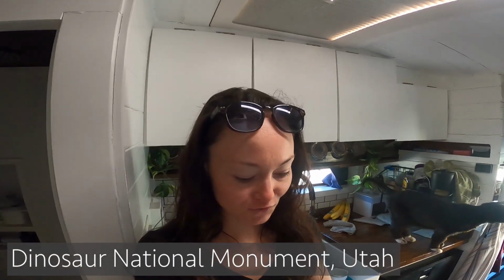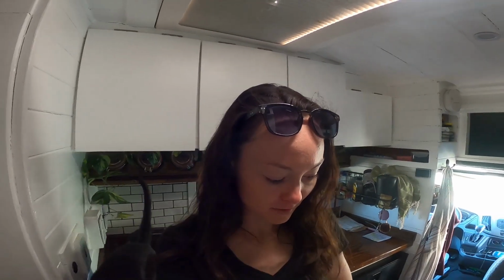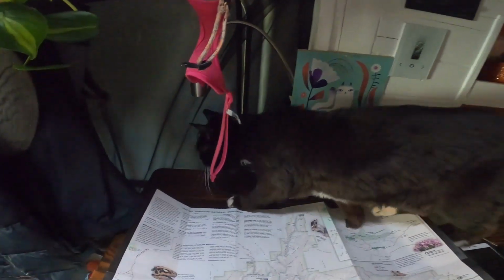Okay, we made it to Dinosaur National Monument. It straddles the Utah and Colorado border. We are on the Utah side, and it looks like we came in the right place because Sadie,